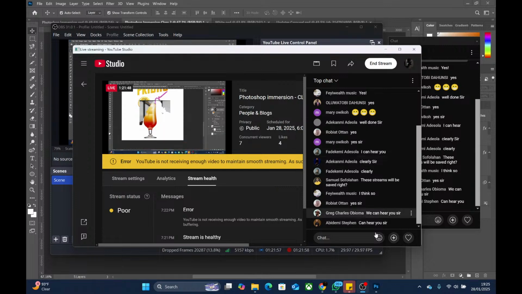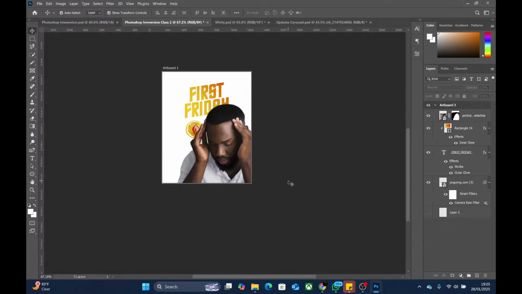So that's how you make a selection around your image, and then you add a mask to it. But do not worry, I'm going to show you how the mask works. It's not a big deal. It's just that you're just getting started, so it might look like it's a lot to put in your head at the moment.